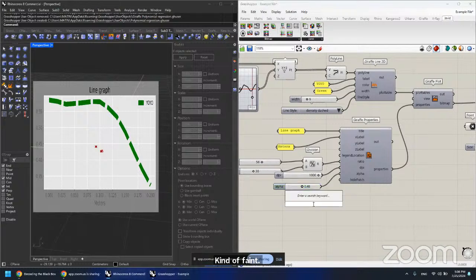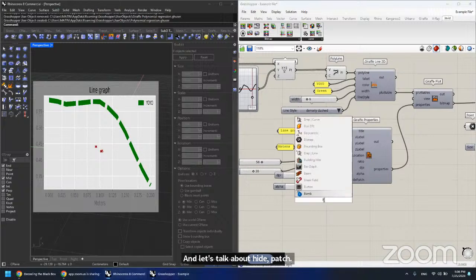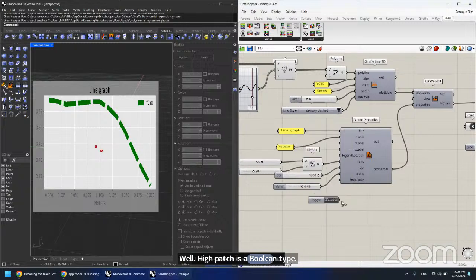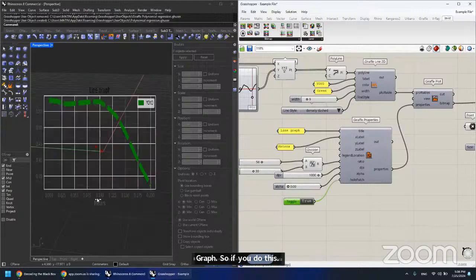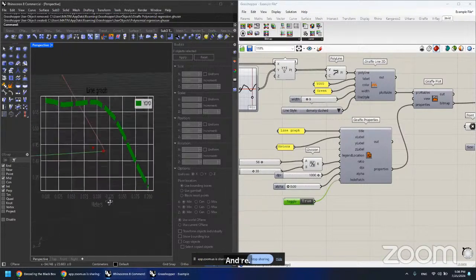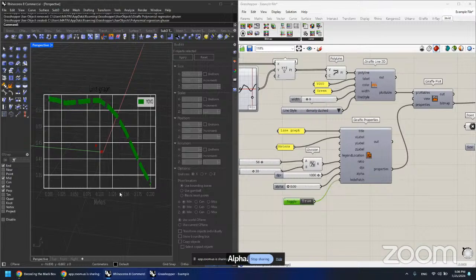And let's talk about hide patch. Well, hide patch is a Boolean type, so I'm going to use a Boolean toggle. If I give it false, nothing happens. If I turn it true, it will hide the patch behind your graph. So if you do this and reduce alpha, you can get a pretty cool representation of what you have